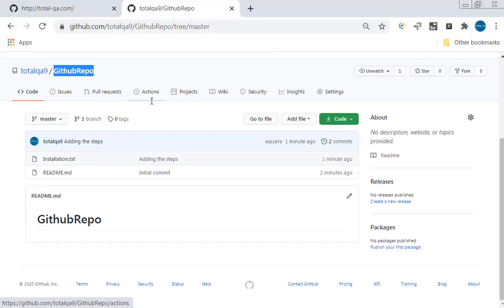Why do we need multiple branches, or why do we need a branch? Suppose we have multiple developers in the project. They want to modify their code, they want to add new code, so they have to do these changes in isolation. In isolation, they have to modify these files, so they require a branch.